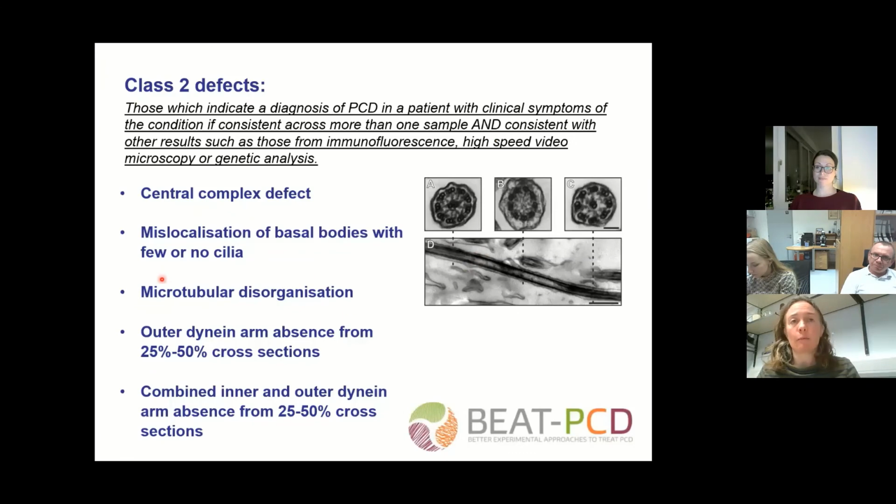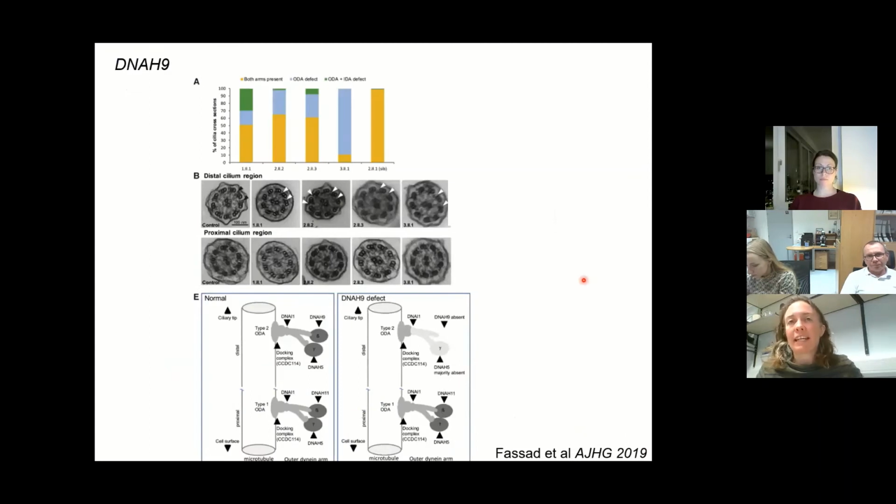So we decided that it could go in because as a group we were actually not too bad at it. And then the final one is absence of the outer and inner dynein arms, which I think we've all proved is recognizable, but only in a small number of cross sections, so in less than 50%, so 25 to 50%